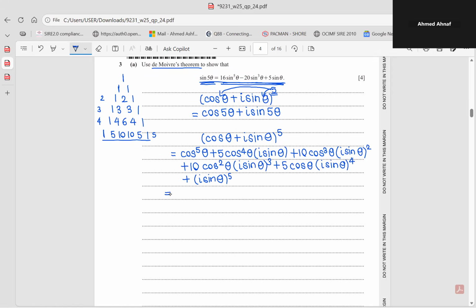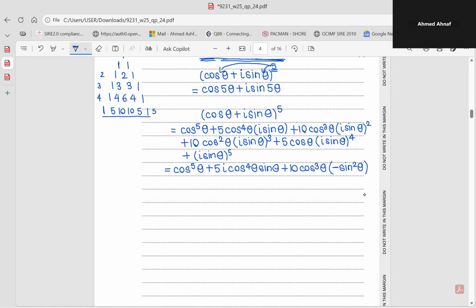So let's do it. Let's expand this out. So this is going to be cos 5 theta plus 5i cosine to the power 4 theta sine theta plus 10 cos cube theta. So i sine theta squared, that's the same as i squared times sine squared theta. And you know that i squared is just -1, so therefore this is going to be minus sine squared theta. Okay, and then plus 10